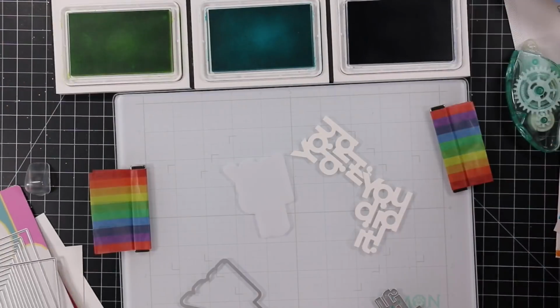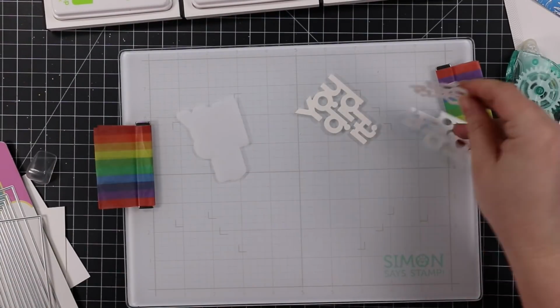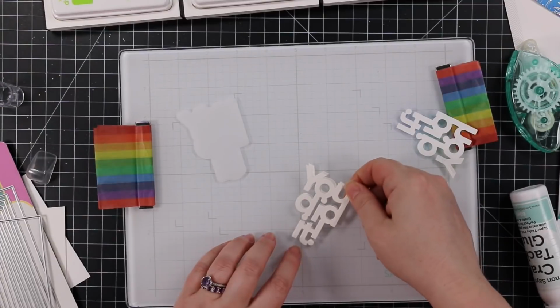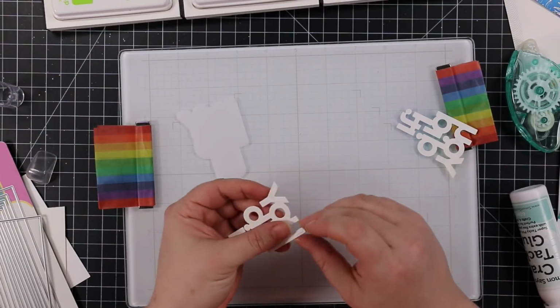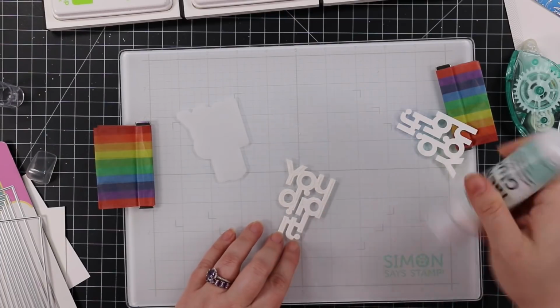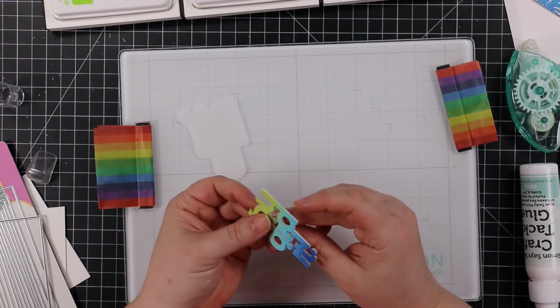And then, like I said, I die cut the main panel down to be slightly smaller than A2 sized. I also die cut some more pieces of white cardstock, and then I die cut the outline for the You Did It wafer die from vellum. So I'm going to stack the words together, so I've got that dimension that I love, just using some craft tacky glue. Once those are stacked together, I'll put the glue on the back of this and then adhere that to